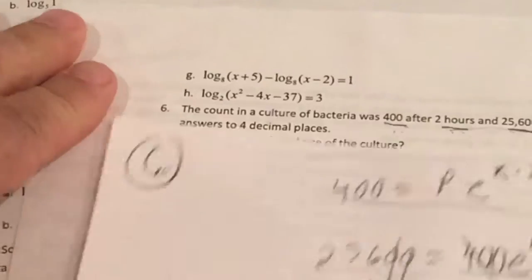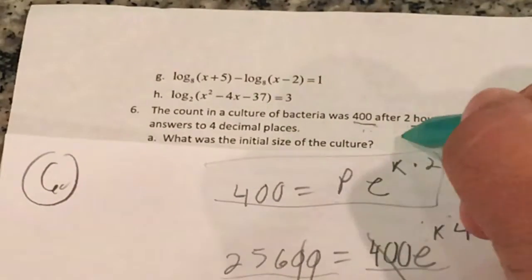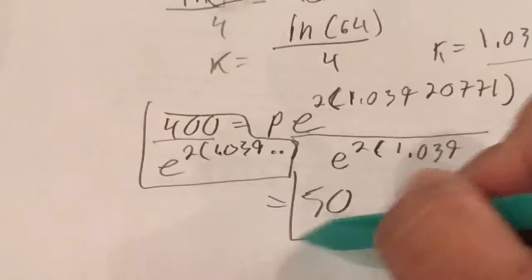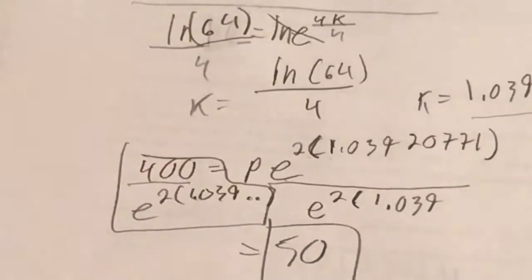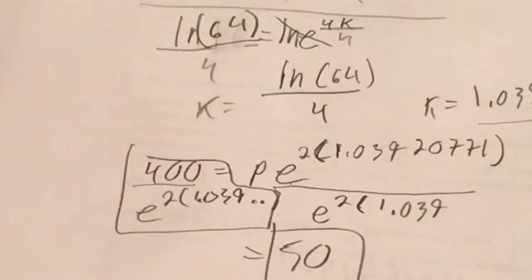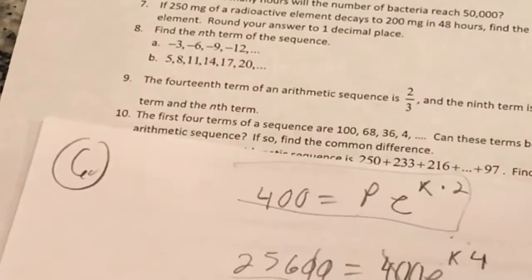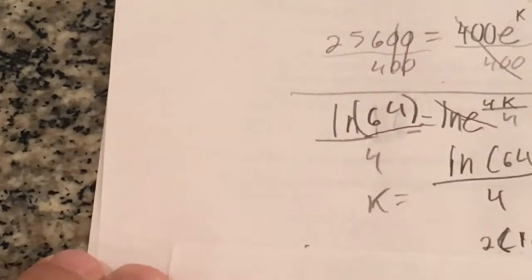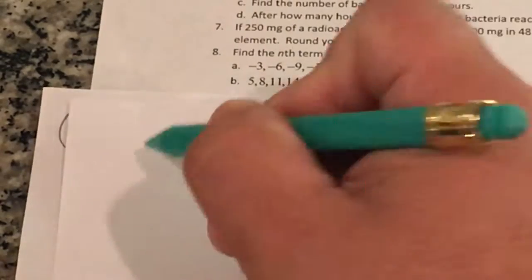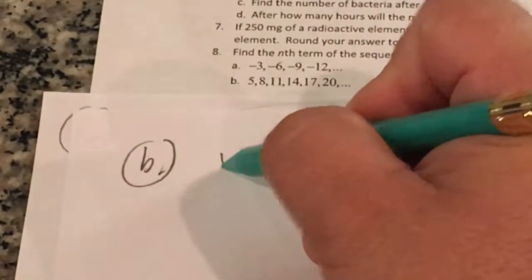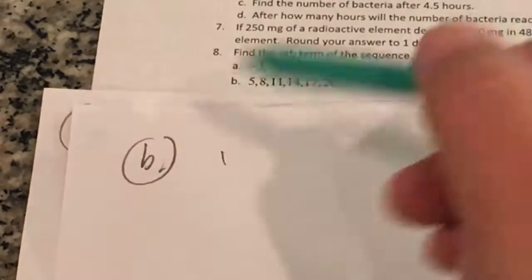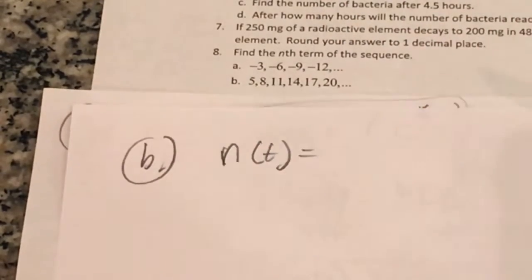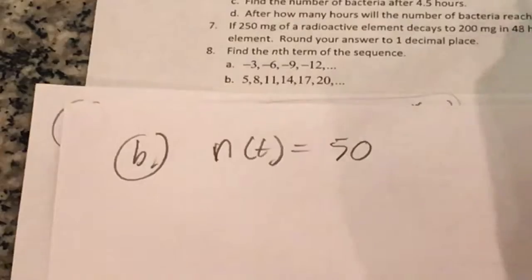So part A, what was the initial size of the culture? After I do all my work, the initial size of the culture is 50 bacteria. Now I'm going to need all this information to continue to work the problems. Part B asks, find the function that models the number of bacteria after T hours. That's going to be that original amount of 50. I'll call it N of T. N of T equals 50